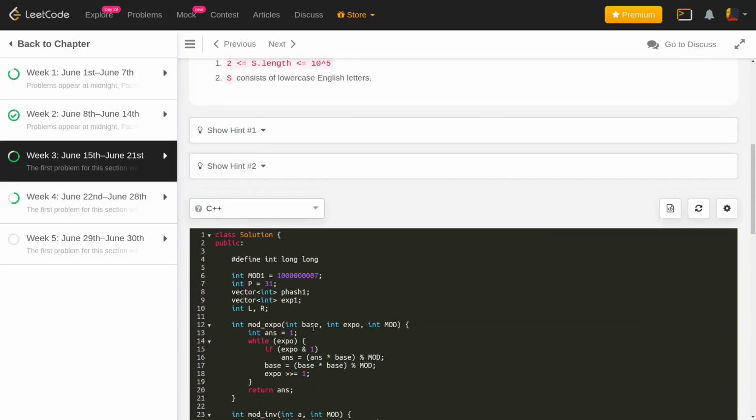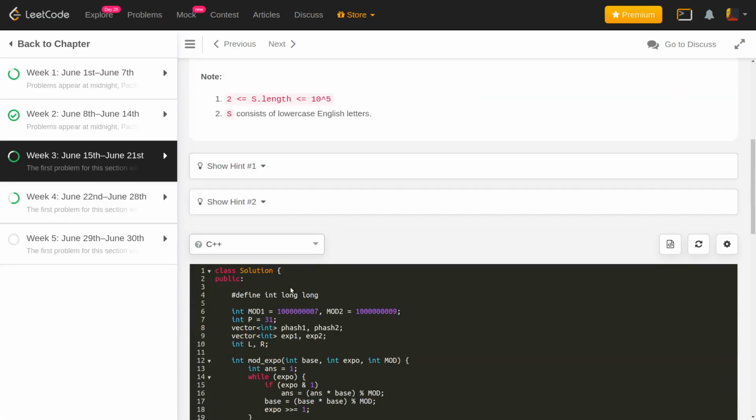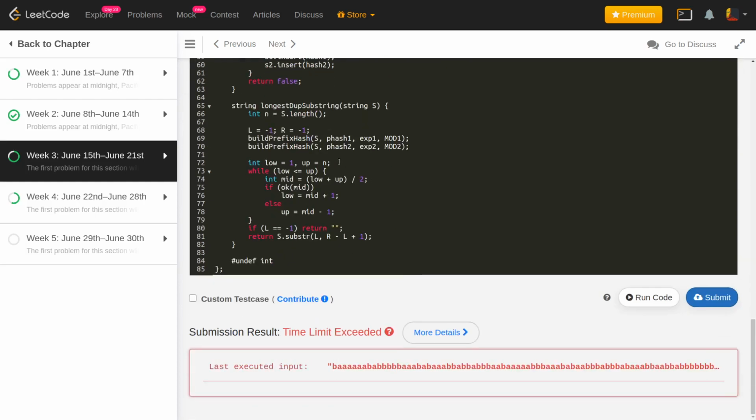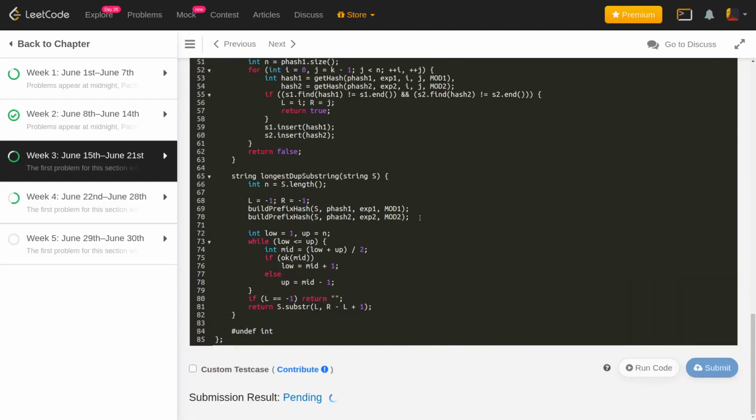So what people do most of the time is take two modulo and prime pairs. I have done that as well, and I'll show you that implementation. Here I have taken two modulo pairs. You can try several variations: one modulo and 2 primes, two modulo and 2 primes, and so on. What I've done is taken two modulo and one prime here, and I'll be doing the same thing here as well. So let's just try to submit the code.